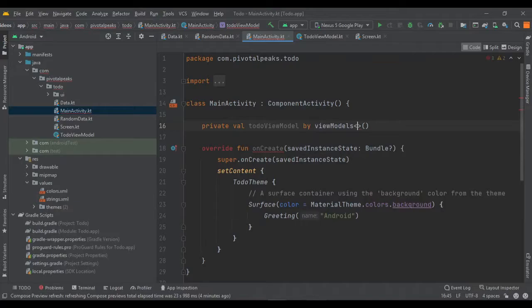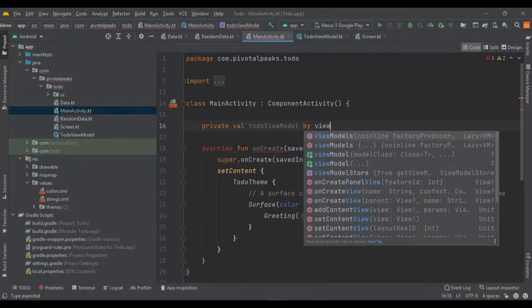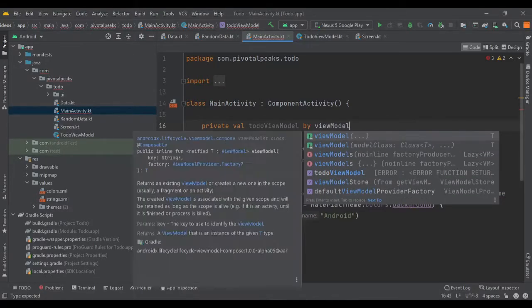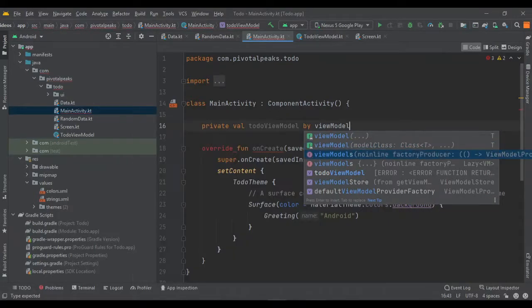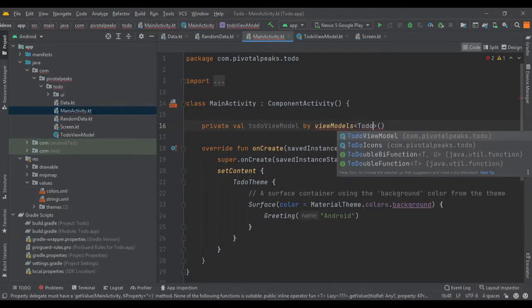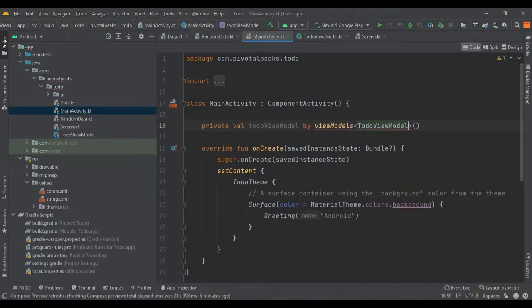Sometimes it happens because there are so many versions of it. We need the non-inline function. Let's check it again to make sure that we are using the right one. Yeah, we need this non-inline factory producer, viewModel, and then we need to pass our ToDoViewModel, which we created in our first or second video.